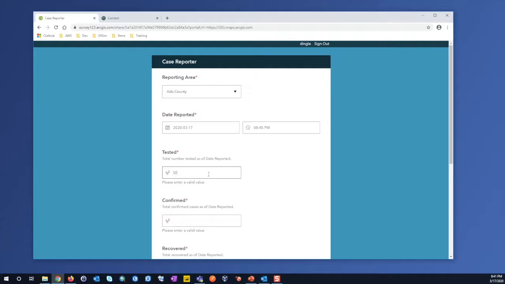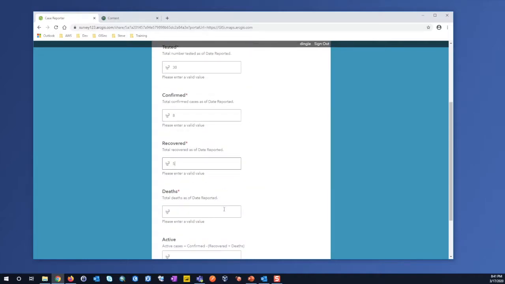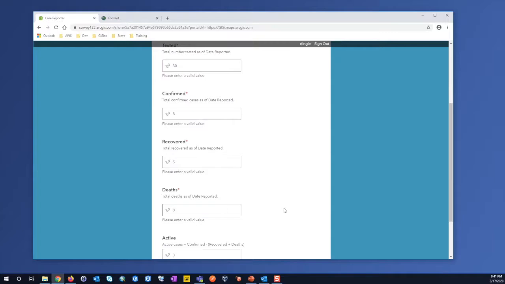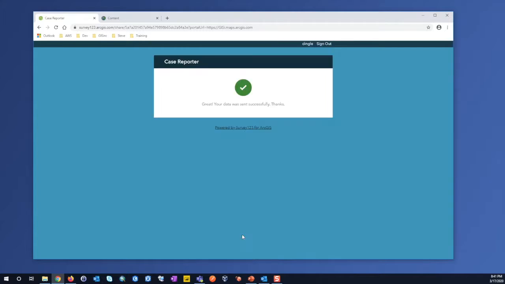So let's just put some sample data in here. We'll do 30 tested. We'll do, let's just do 8 confirmed. We'll do 5 recovered. We'll do 0 deaths. And then this last active field will get populated automatically based on the active cases, which equals the confirmed minus the recovered plus the deaths. And so with that information filled out, I can hit submit, and that now validates that my survey is